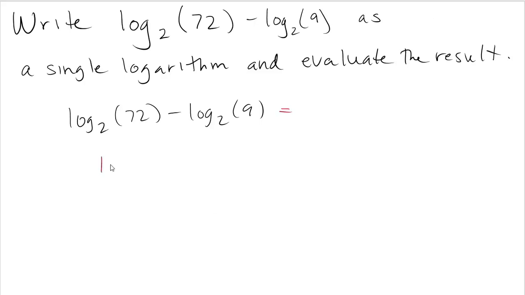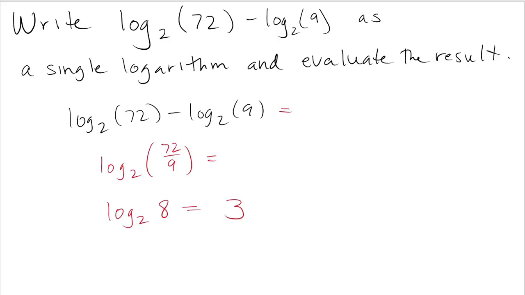So I can rewrite this as log base 2 of 72 over 9. And of course 72 over 9 simplifies to 8. So this is just log base 2 of 8. Log base 2 of 8 is the exponent you have to put on 2 in order to get 8, and we know that's 3. So while I can't tell you what log base 2 of 72 is, and I can't tell you what log base 2 of 9 is, I can tell you that when you subtract those two numbers,